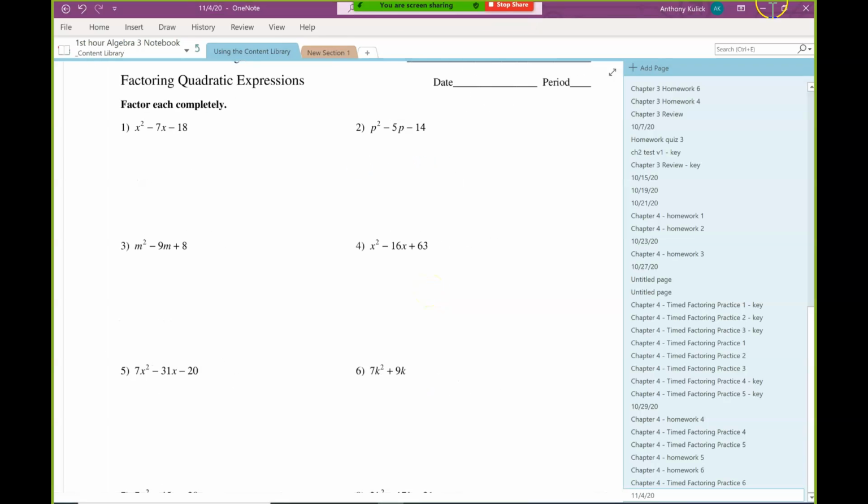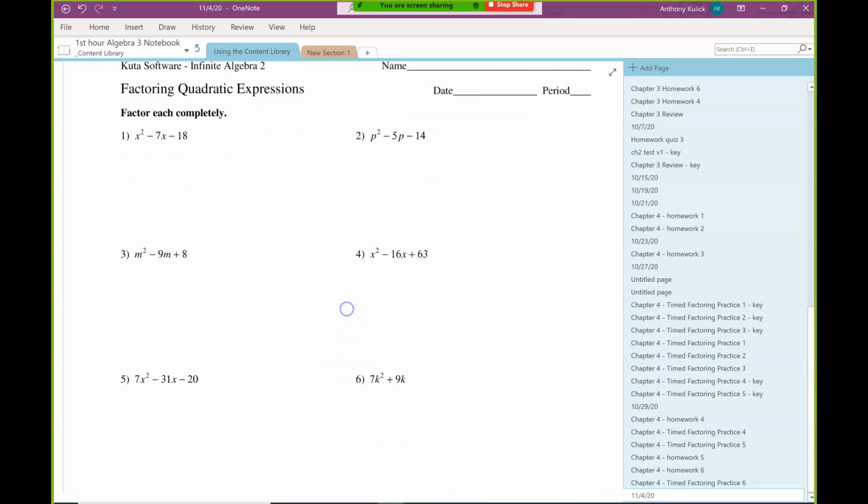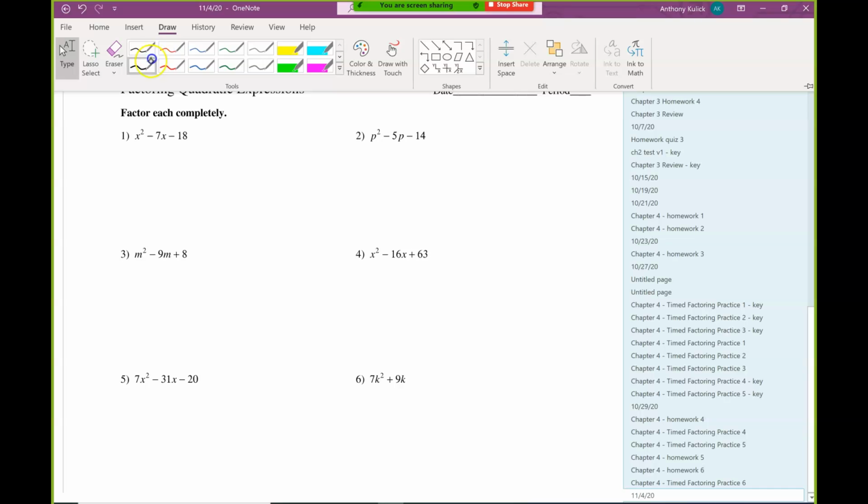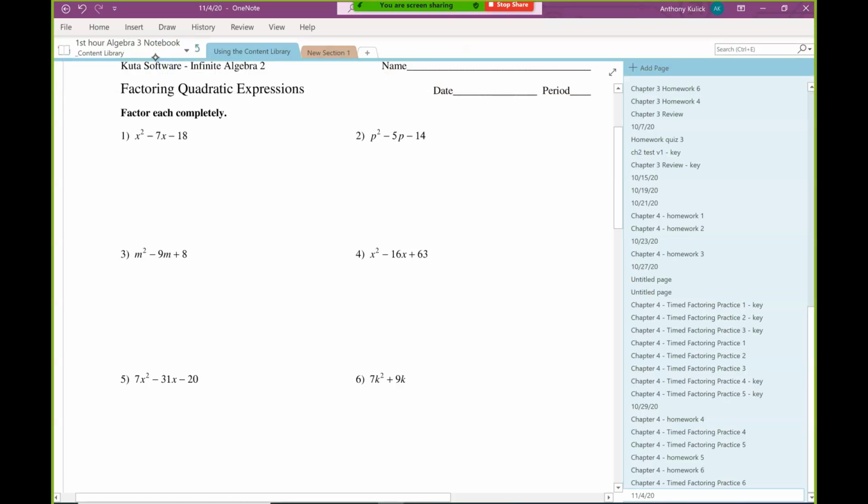So this factoring one. Do you guys have any questions on this one? There's some trickier factoring pieces there scattered throughout, so I just wanted to give you guys an opportunity that if you had questions about anything, that you could,